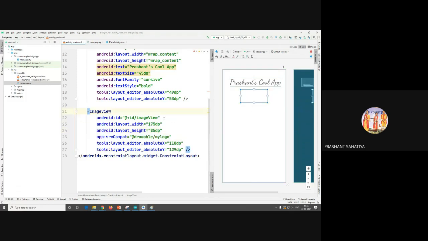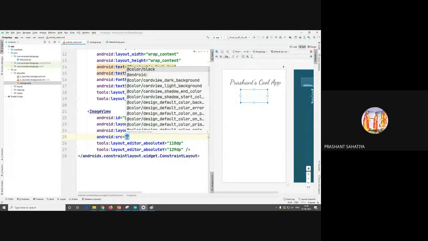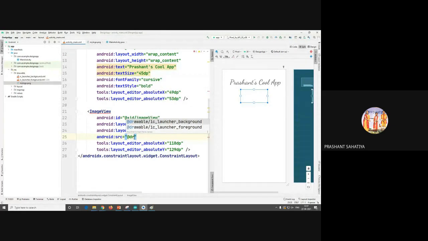Why is my logo not visible? Just a minute. What I'm doing is @drawable/mylogo.